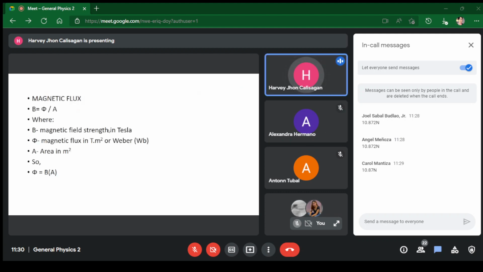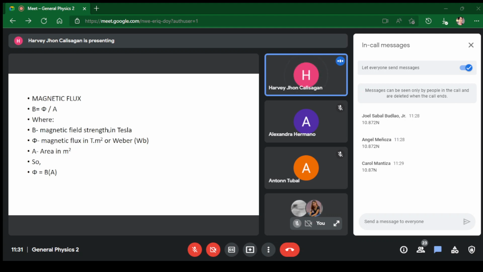Now let's proceed to the magnetic flux. You've heard already of magnetic flux, as we discussed electromagnetism and magnetism at the same time. A magnetic flux is something that is inside, it's already on the magnet. But the problem is, how is magnetic flux affected by the magnetic field strength in Tesla, with respect to the process of the force, which is the reason why there is either an increase or a decrease of the magnetic field strength, and also the formulation of the current, and why is it that the area is part